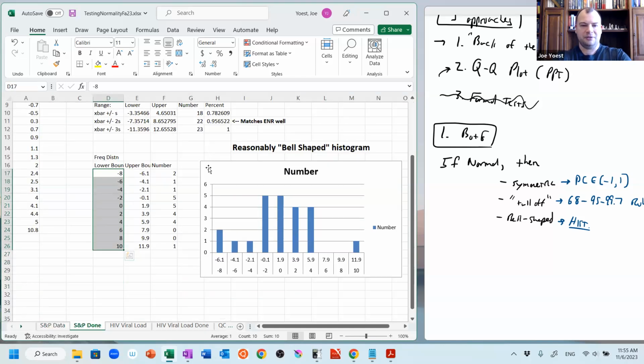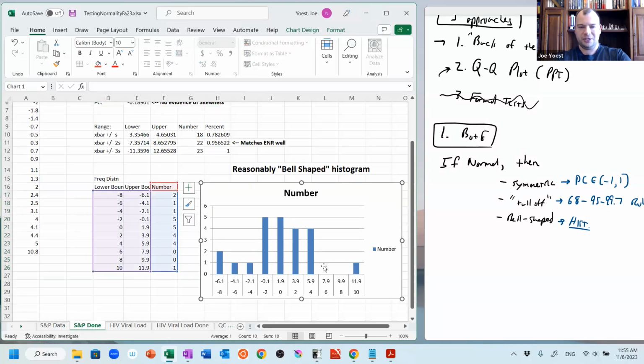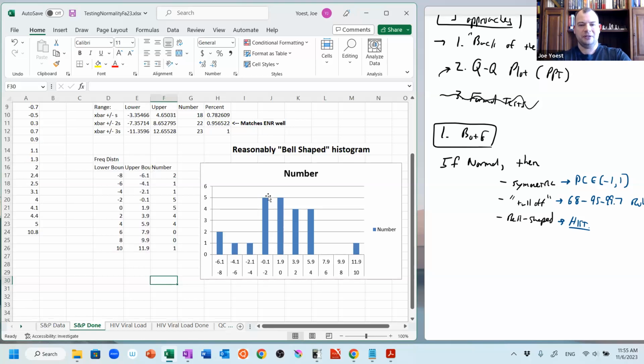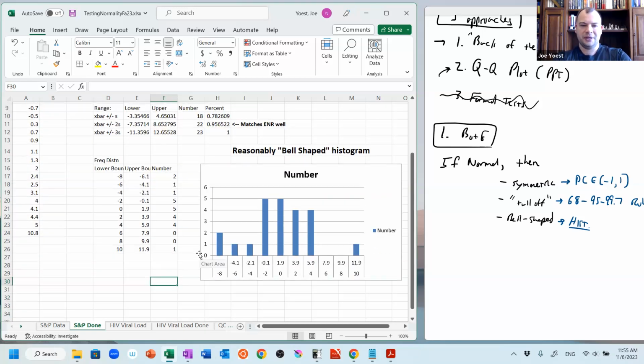And here, for this one, I refined the histogram a little bit, and you can see that by using more bins, we get something that looks a little bit nicer. There's a clearer peak in the middle and tailing off to the sides. Again, does it look like a perfect normal distribution? Well, no, of course it's not going to look like a perfect normal distribution with only a sample of size 23 or so. But does it look good enough that I can see that it's more or less